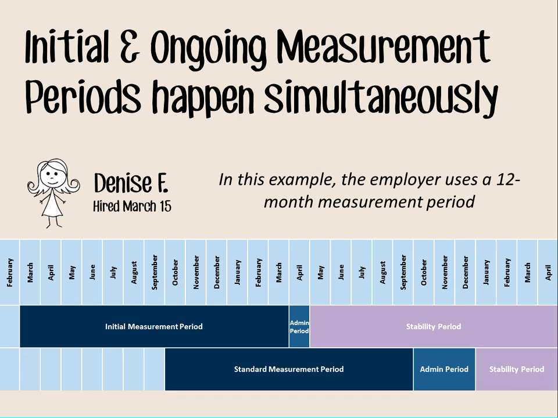Okay. Now, in this case, if her employer also has a standard measurement period, let's say that starts October 1, once that next standard measurement period begins, she's measured against both periods simultaneously. What this means is if she were eligible for coverage under her initial measurement period, and if she elected coverage, her coverage would start on May 1. If under the standard measurement period she was not defined as a full-time employee, her coverage would still be in effect from the first initial stability period, and that would run from May 1 to April 30th of the following year. At that point, depending on how the plan is designed, her coverage may be dropped because she no longer meets the definition of a full-time employee.